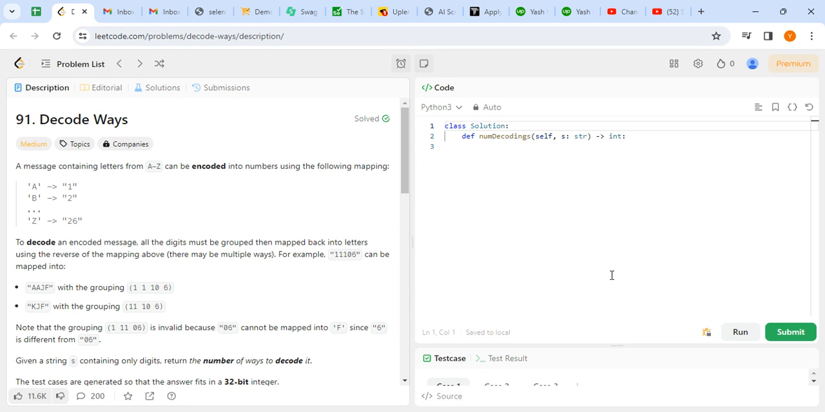Suppose a message containing letters from A to Z can be encoded into numbers using the following mapping: A is 1, B is 2, and so on, Z is 26. To decode an encoded message, all the digits must be grouped, then mapped back into letters using the reverse of the mapping above. There may be multiple ways. For example,